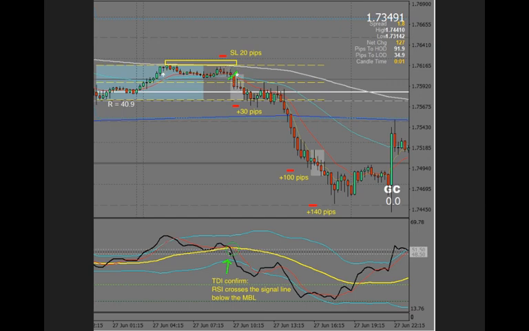Here is your TDI confirmation, okay, close below the signal line, below the market baseline, and close below 13, all right. Stop loss goes up here, 20 pips, okay, and you can see again, 0 drawdown trade, instant profit after this shift. I mean, if you just took 30 pips, you got it right here, okay, and if you rolled this all the way down, it never closed above the 13, okay, so you can see it held the 13